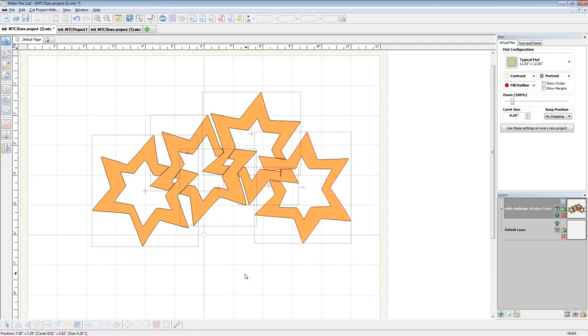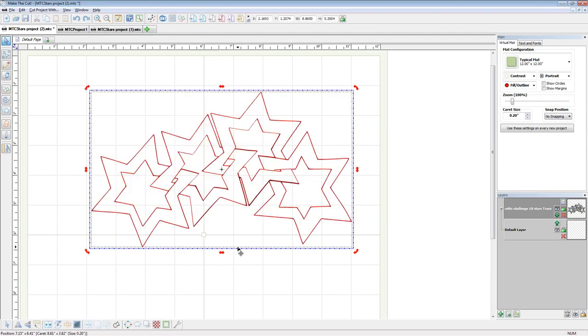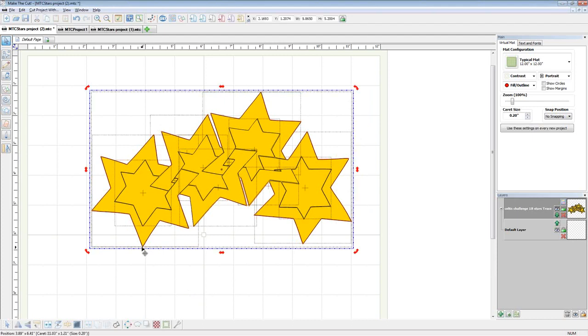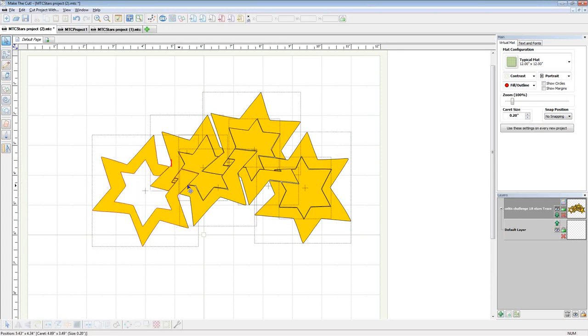So if this was the look that you wanted to get, then probably the quickest way would be adjust your tracing so that it comes in as a good solid trace. Do a break and remove the pieces that you don't want to keep. And again, the pieces we didn't want to keep, I'm going to change the color now while we're talking about it here, is the very outer shape. So we're going to do the break again. And we want to get rid of the outer one. You can see how the outer outline gets selected there. And then just select it and delete it. And then delete the inner pieces that you don't want to keep. And there you have a pretty good